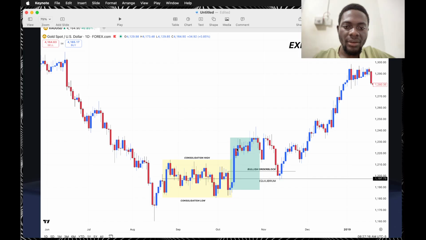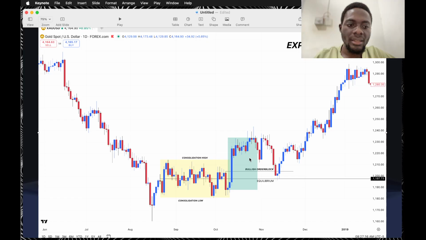So now market went up. The green shaded area, this is also green, but I reduced the opacity. That's why it looks like a different color. This green shaded area is the expansion. It expanded outside of the consolidation. And then what happened? You can see that price came back down. It came here first, entered